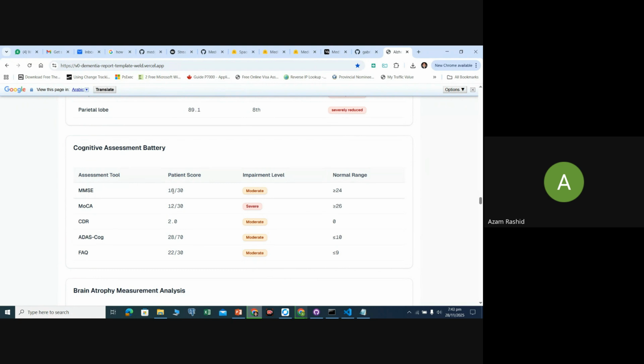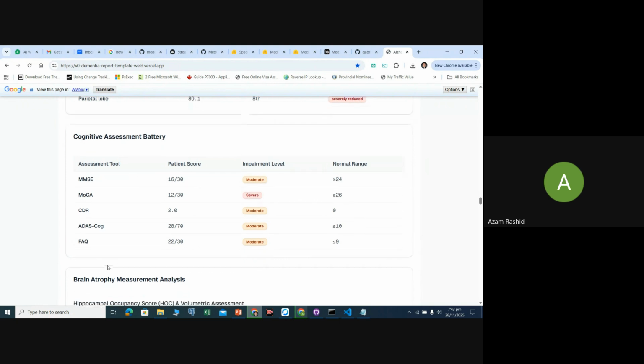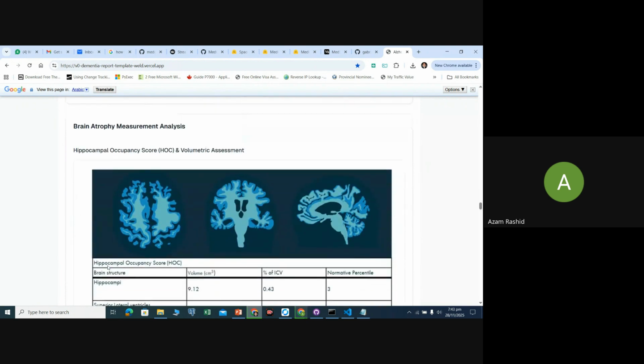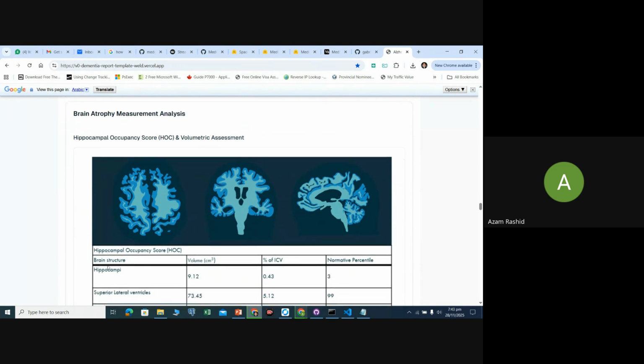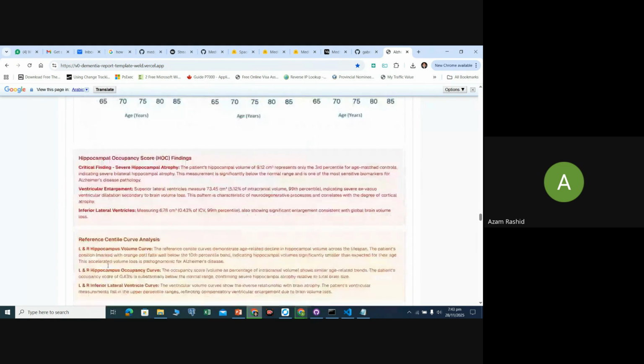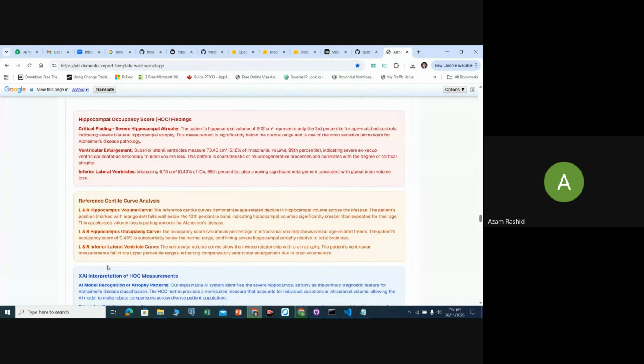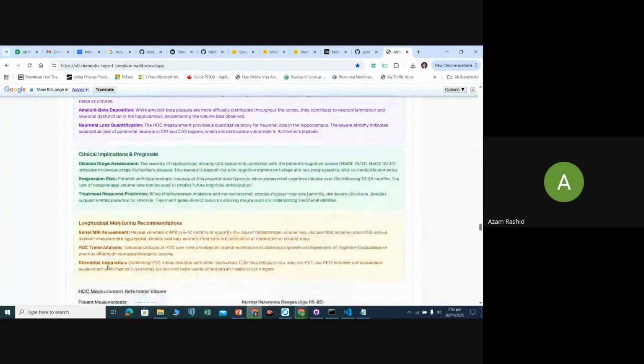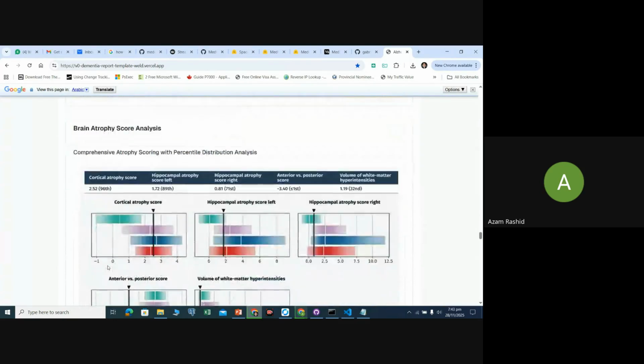These are the built-in results which we add in the report through the CSV file and some other way. Yes, so some data entry, backend report, and other analyses, atrophy analysis, and after that, the interpretation in the hippocampus, neuropathological correlations, and at the last we